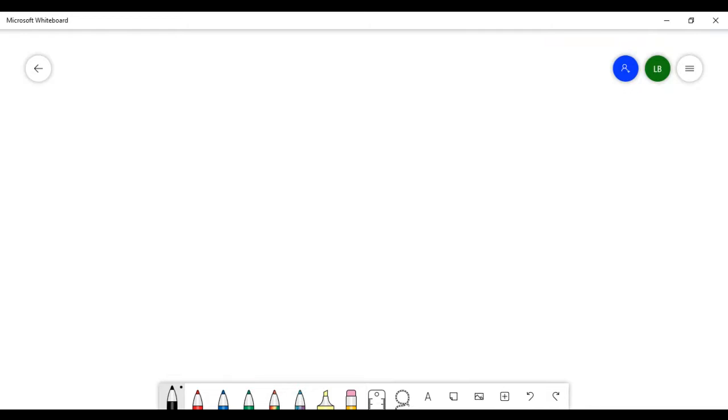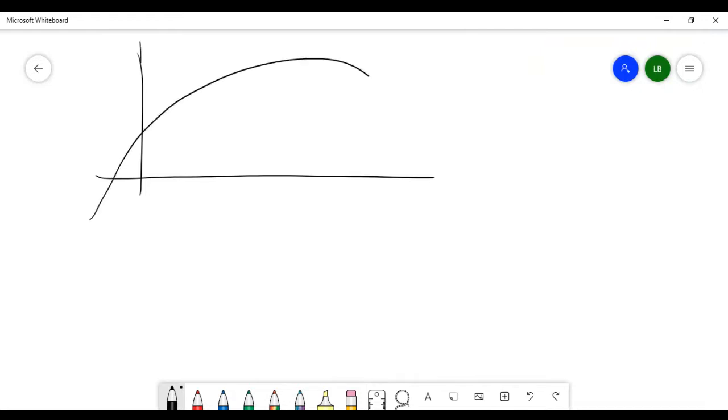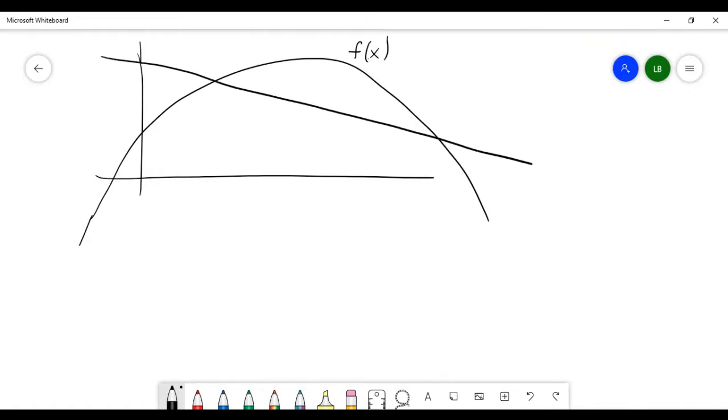So let's say you had two functions. Call this one f of x. And let's say we also had just a linear function. We'll call this one g of x. And you wanted to find this area between them right here. And the question is, how do you go about finding that area? Well, it's actually pretty simple,